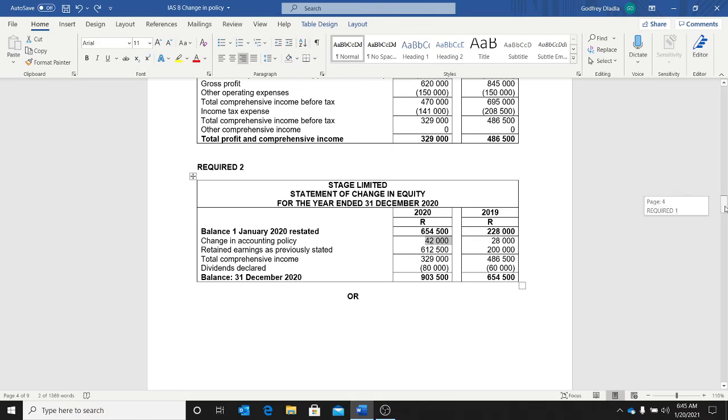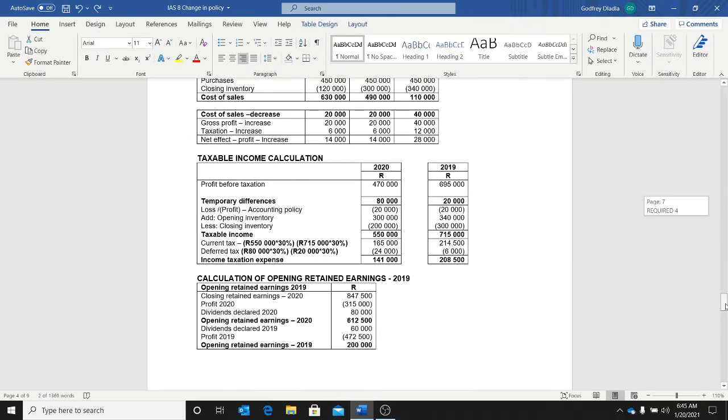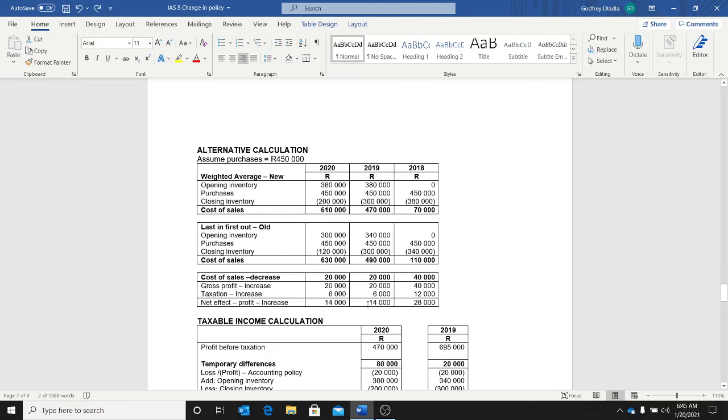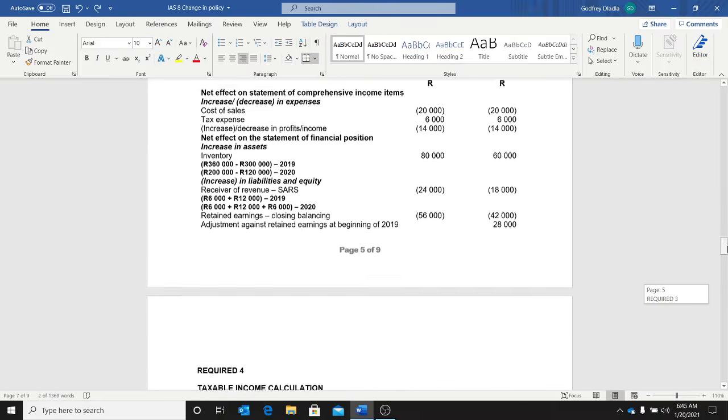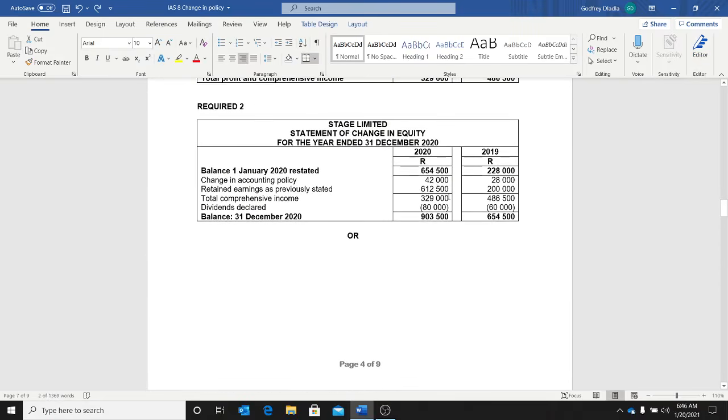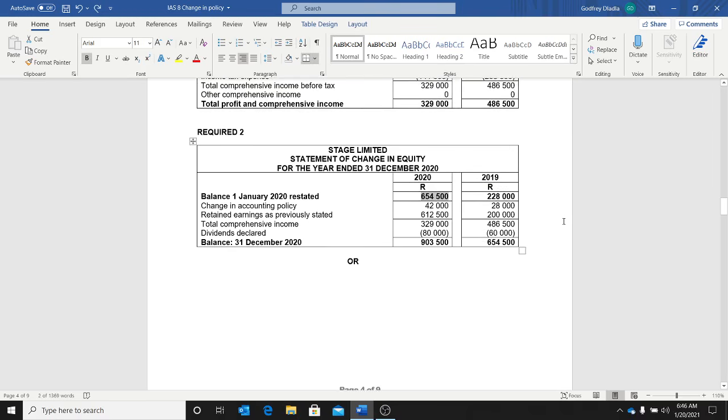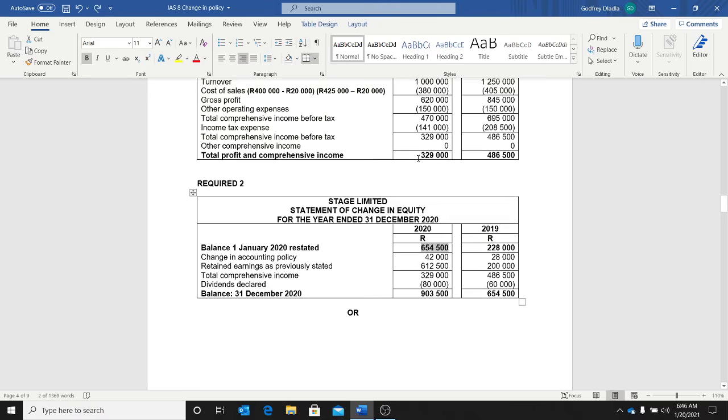Then again, you go to the calculation. You say, oh, how many priors do I have when I'm there? I've got 2019, which is 14, and 2018, which is 28. What is 14 plus 28? 14 plus 28 gives me 42. If I take this and I add it with this one, it gives me 42. Here we go. We've got 42. Then you add the 612,500, they give you 654,500. Right. Now you'll see once you've corrected your statement of comprehensive income, which is your income statement,